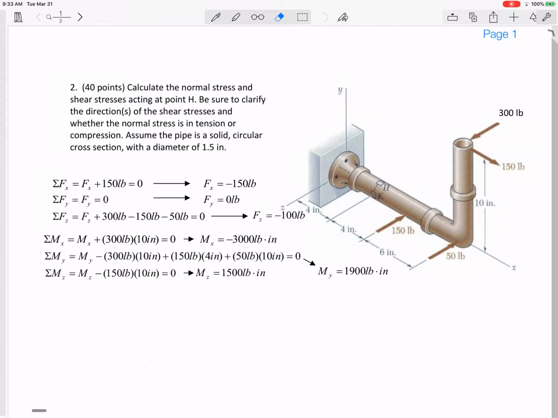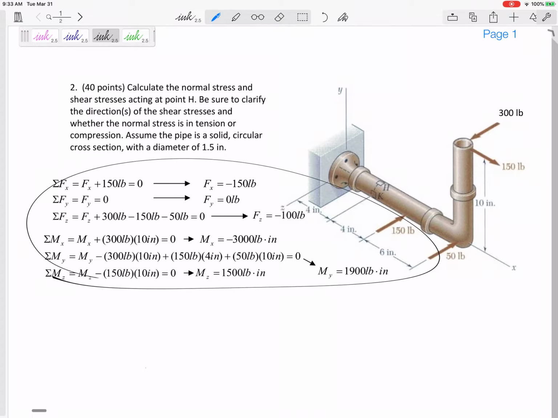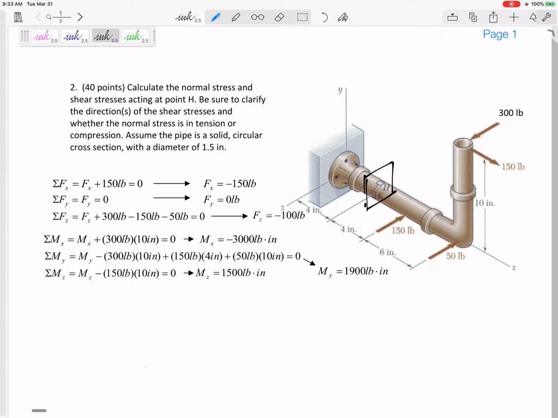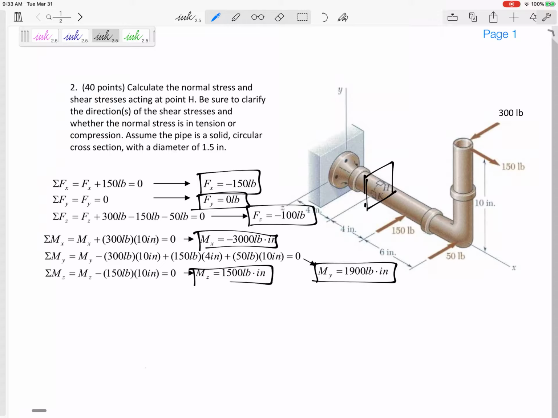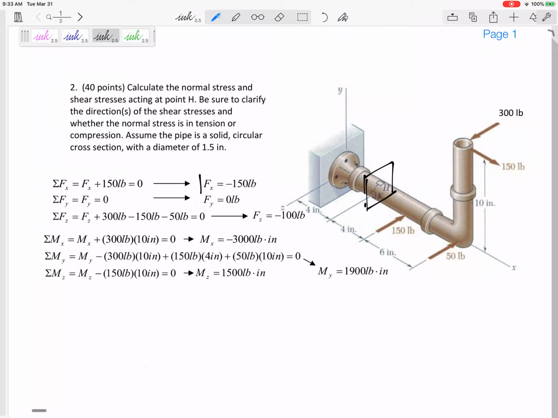So we actually did the first half of this problem earlier in the semester, when we cut it right here and solved for Fx, Fy, Fz. We solved for Mx, My, and Mz. Not really going to go over that too much, but does that make sense? I think solving for these forces is pretty easy, right? These forces at the cut counteract all these external forces. Now, solving for the moments